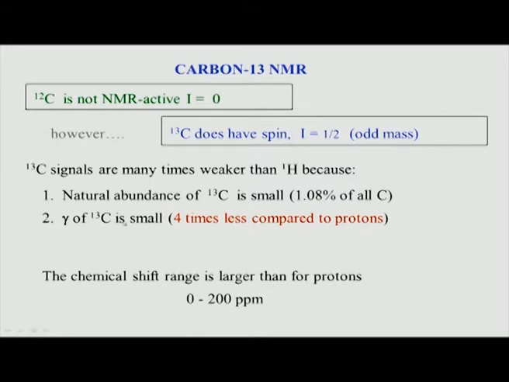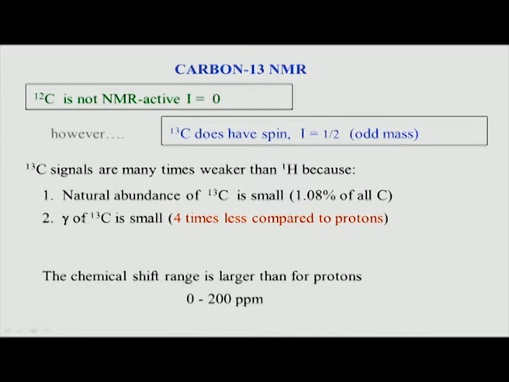But there is one more factor which makes carbon 13 even more insensitive, which is when we detect carbon. So normally what happens is, in 1D NMR we apply the pulse to proton and we detect the proton signal. That is the standard 1D NMR, proton NMR which we have seen up to now. But if you do the same thing with carbon, we are going to excite or apply a pulse on carbon and also detect carbon. So during detection, again the sensitivity of the gamma comes into picture, and therefore there are twice it has a problem.